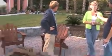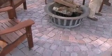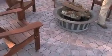Fairly easy to install, don't you think, Petie? Yeah. This is like a dry stack? Yeah, it's like a dry stack. It's got little pins that hold it from moving, and it's glued together so it'll never move once we set it in there. And you were mentioning off camera that